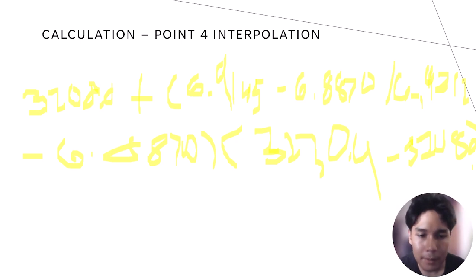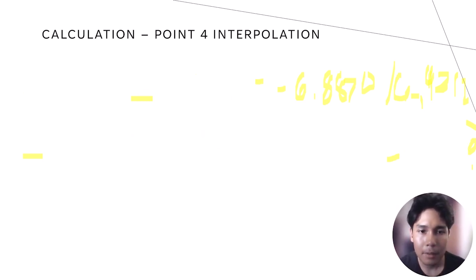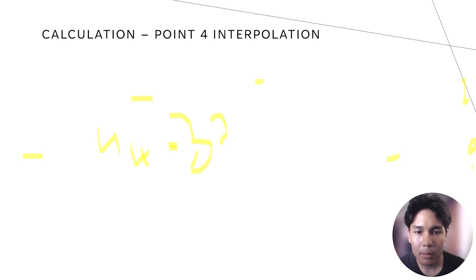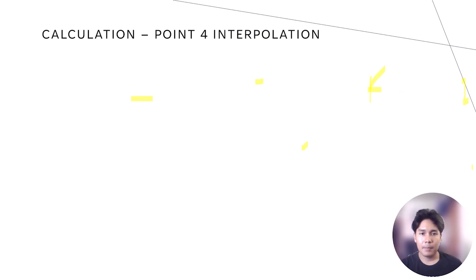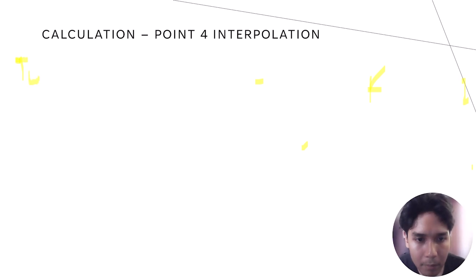Then by solving it, we'll arrive at an answer for our H4, as H4 is equal to 3,226.41 kilojoules per kg. And for T4, you'll get the value of 390. So T4 is equal to 390